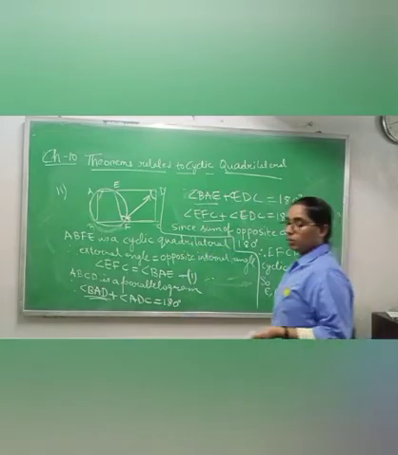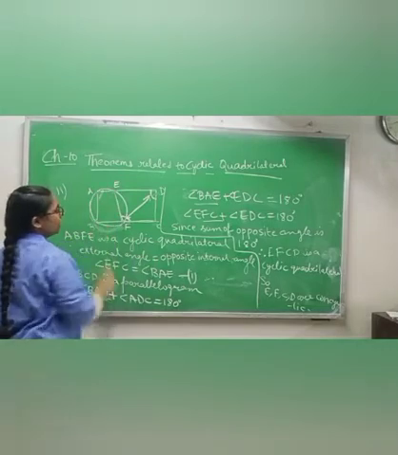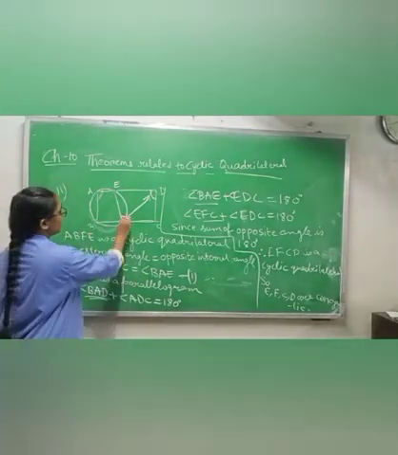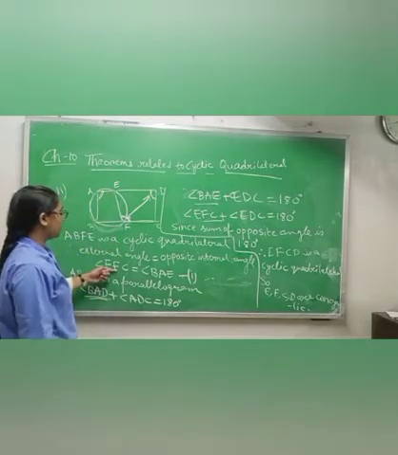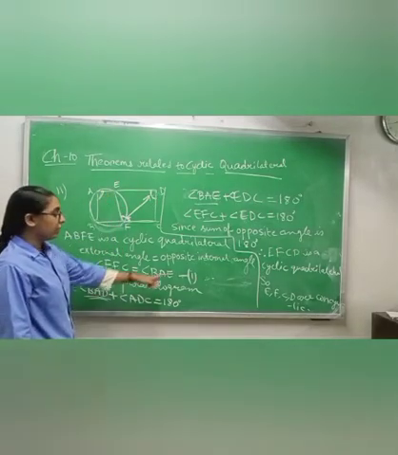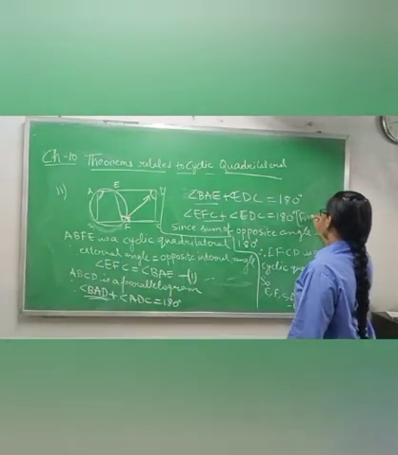Please understand it properly again. First, ABFE is a cyclic quadrilateral. It means that the external angle is equal to the opposite internal angle. That is why I have written EFC equals BAE and given equation 1. Okay, right here from equation 1.